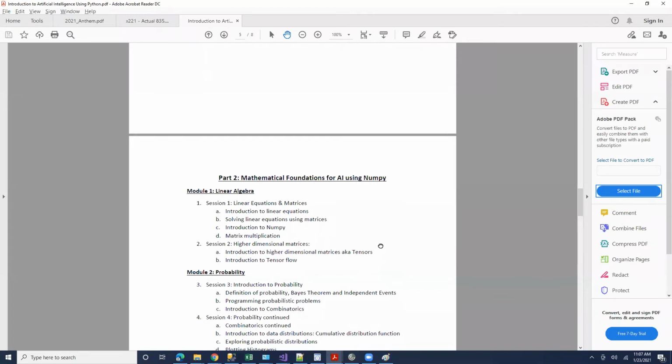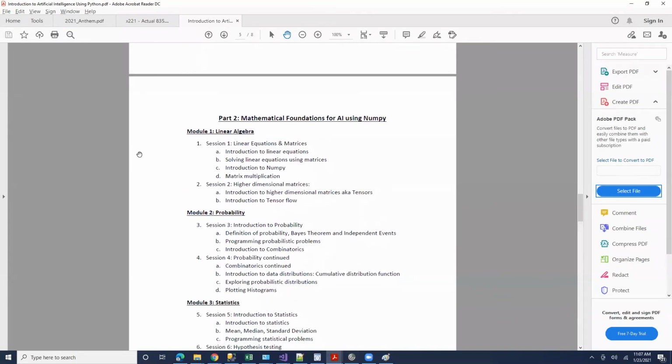Actually, as everyone is coming back, just so that I can get a feel for how much to focus on each topic, how many of you know what linear equations are? Just a quick voting. Okay, good.